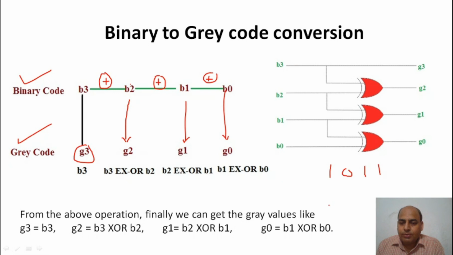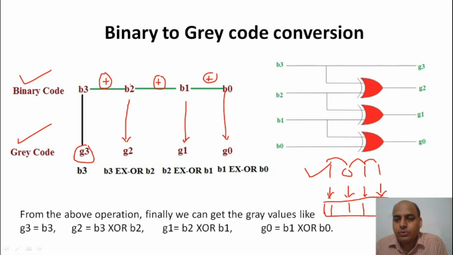Now, taking an example, suppose we have the binary code 1 0 1 1, and we want to convert this code into gray code. Then what we do is write the MSB as it is. Then we perform the XOR operation. XOR of 1 and 0 is equal to 1. Similarly, XOR of 0 and 1 is equal to 1. And the XOR of 1 and 1 is equal to 0. So 1 1 1 0 is the equivalent gray code for